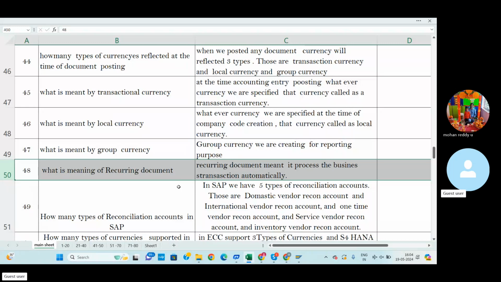Axis Bank provides loans to customers, and the customer repays the amount in the form of EMI. The EMI amount is debited from the customer account automatically each and every month, on the 5th. Based on the recurring document configurations, the company will collect the money from the customers automatically.